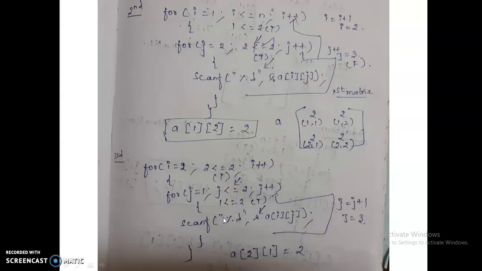So for the first matrix I get the 4 values, 2, 2, 2, 2. This is the input for the first matrix. Like that the second matrix also I get as input, all 2's. So this is the A matrix, this is the B matrix. I am going to add these two matrices and the final output will be stored in the matrix C. So this is the addition processing here.